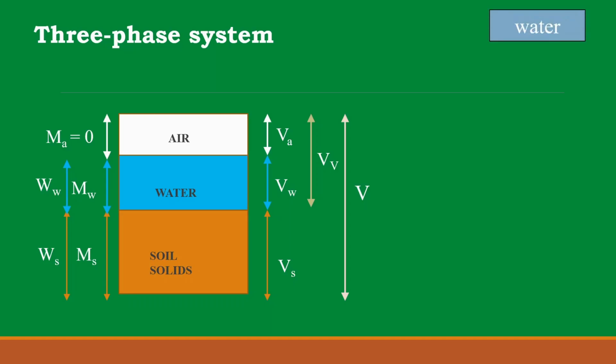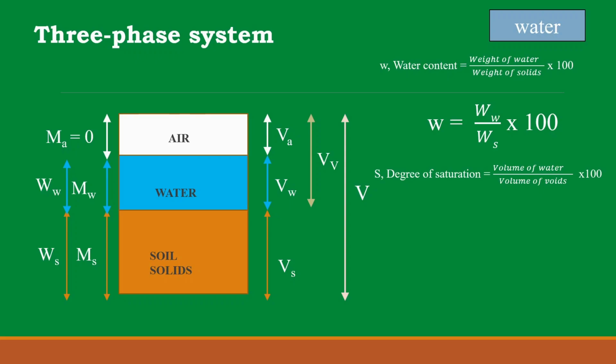Now, let us learn few definitions in relation to the water present in the void spaces. The water content of soil is represented as weight of water divided by weight of solids into 100. Hence, water content is nothing but the ratio between the weight of water and weight of solids. And let us see how much amount of water is present in the void spaces. That is represented by the term degree of saturation, which is equivalent to volume of water divided by volume of void spaces. It means how much amount of void spaces is occupied by